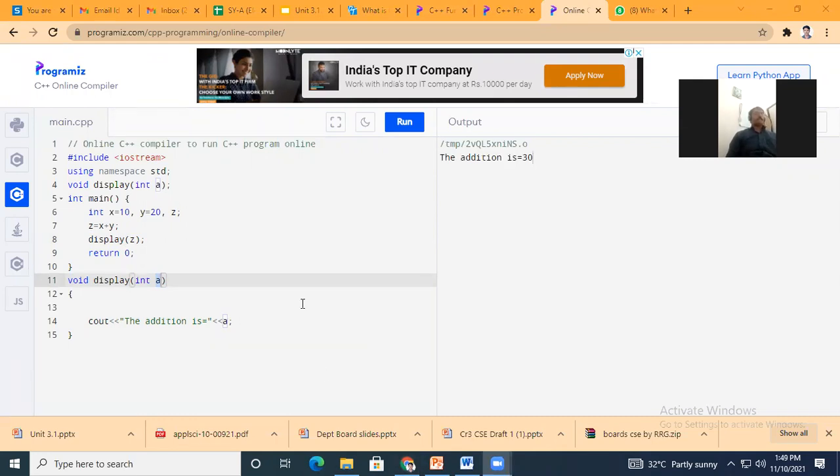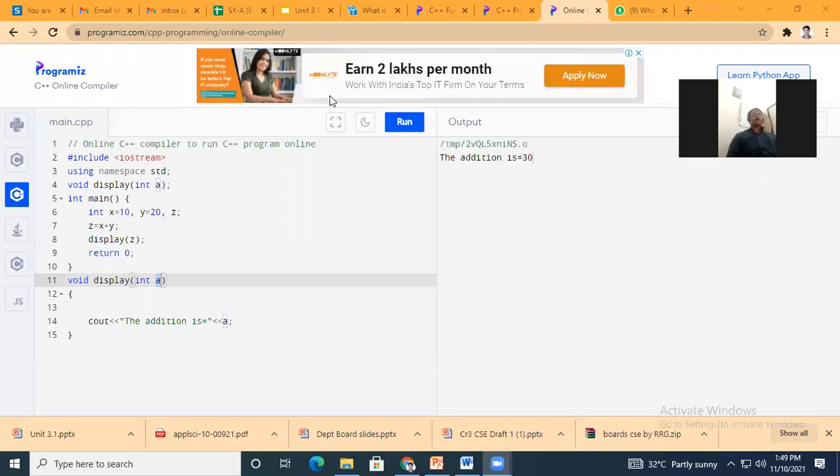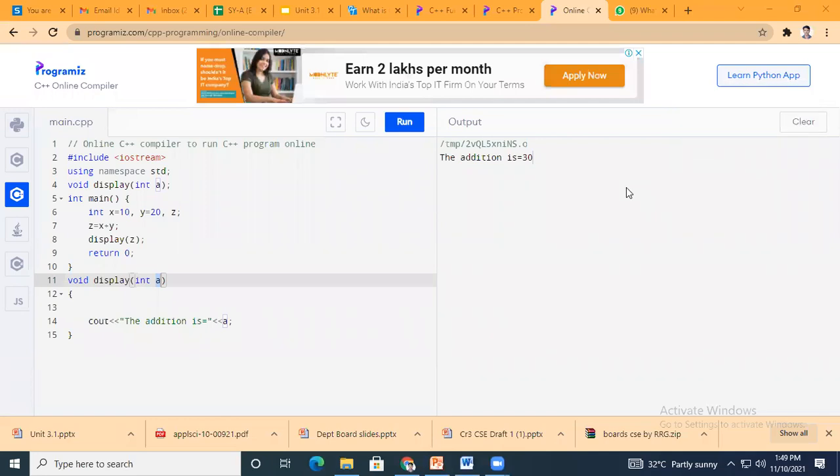Yes, sir. Okay, you can take your time, let's say 5 minutes, implement this program and send me the screenshot. If you have any doubt in this, you can ask me. I already provided you the link of the online compiler in your chat box. So just start doing it and do this addition part.